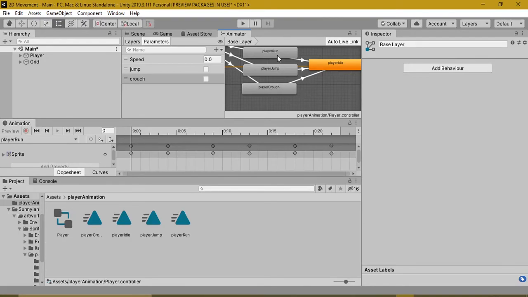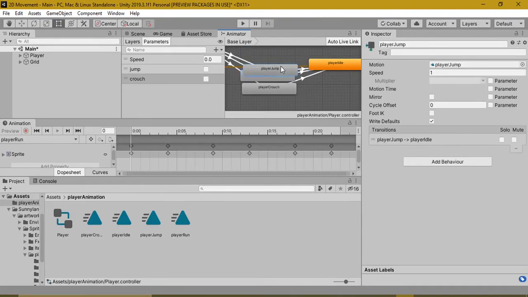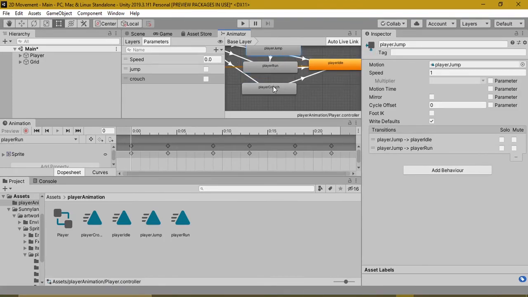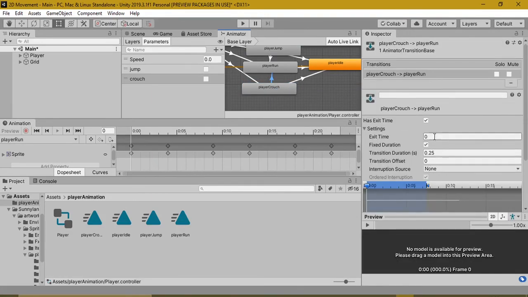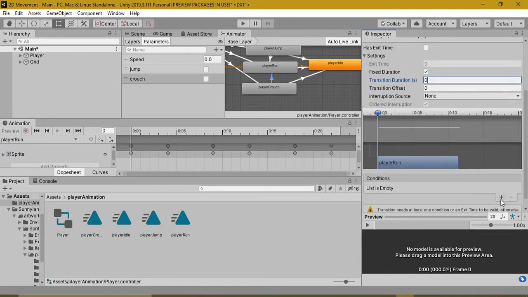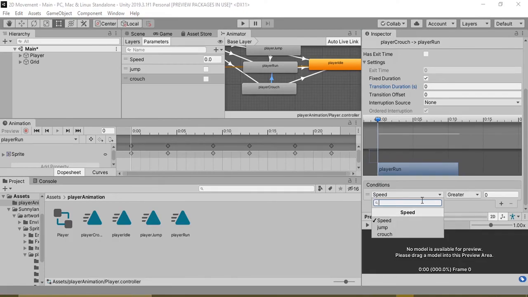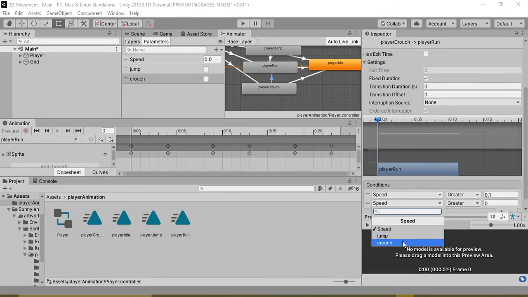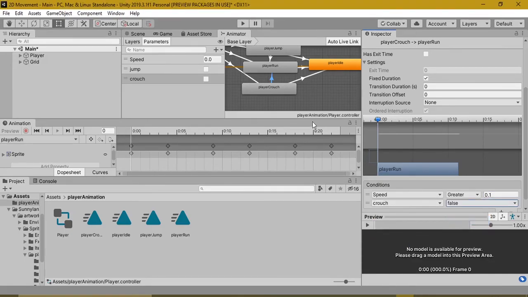Now we'll make transitions from jump to run and from crouch to run. Now from crouch to run we set speed to be greater than 0.1 and crouch is false.